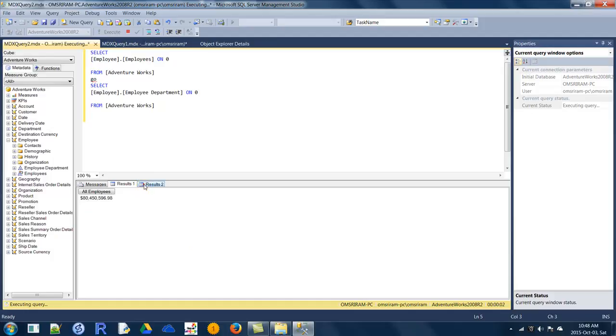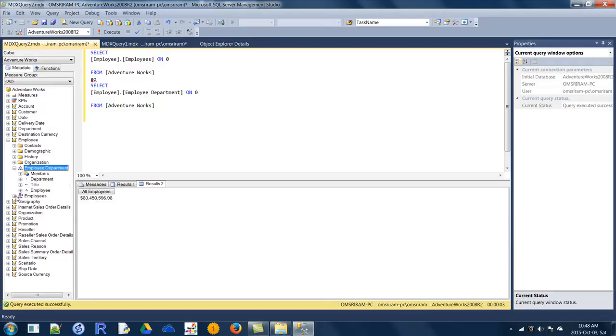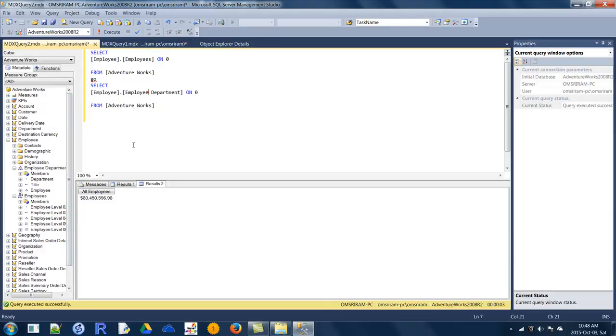So you have all employees, and for employee department you also got the all member, but both are different members, both have different members. Now if you execute it, you got all employees, which is the common first root aggregated name, so you can give anything over there.